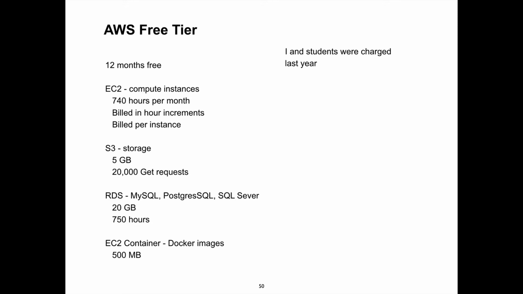The first year I ran it, we got charged. The second year, we weren't. In theory, you should get 12 free months the first time you sign up. But if you sign up for this educator discount, since I did that, I haven't gotten charged.